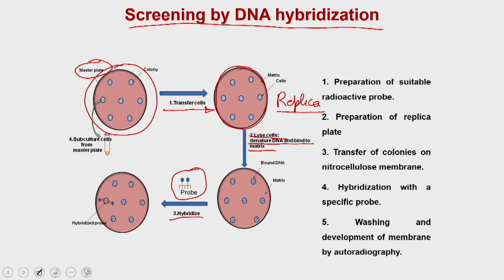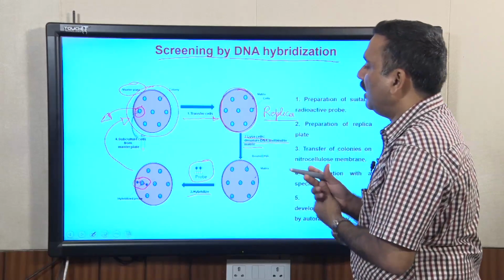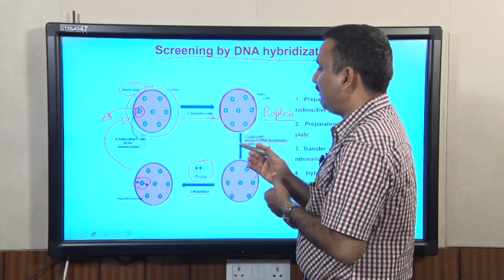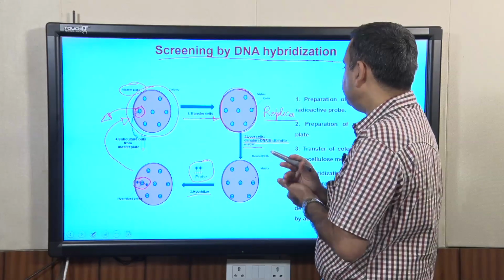After the hybridization, the probe will go and bind to a specific clone. Once you get this specific clone onto the replica plate, then you will go to the master plate and extract the cells which contain this particular clone. Then you will take this clone and grow it, and reconfirm that it contains the gene of your interest, simply by sequencing, or you can do further downstream screening with another kind of analytical tools as well.